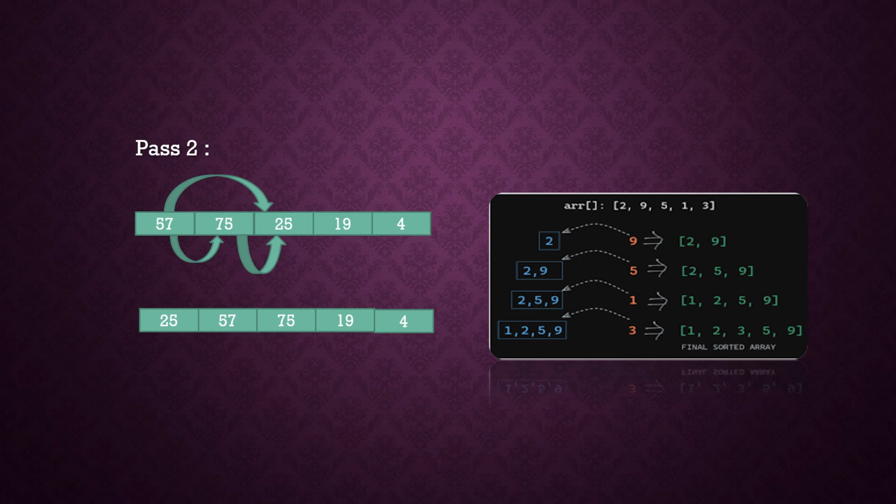Then pass 2. Now we will compare 75 with 57 and 57 with 25. We know that 25 is smaller than 57, that's why we will swap both with each other. We also know that 57 is smaller than 75, so we will also change their position with each other. And in pass 3,